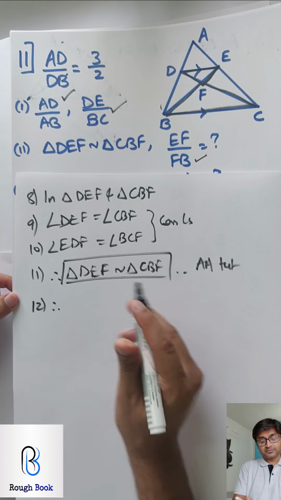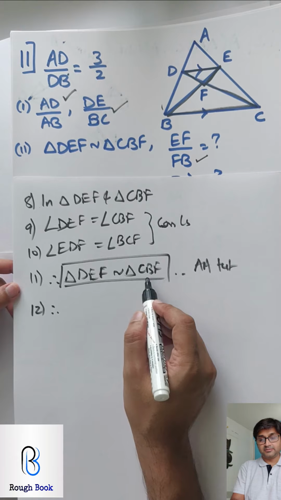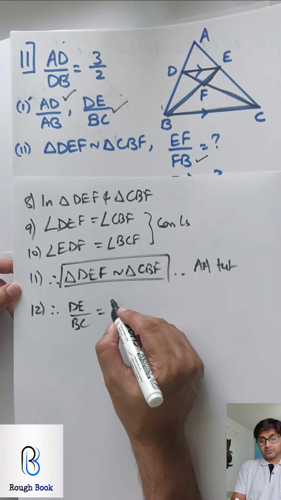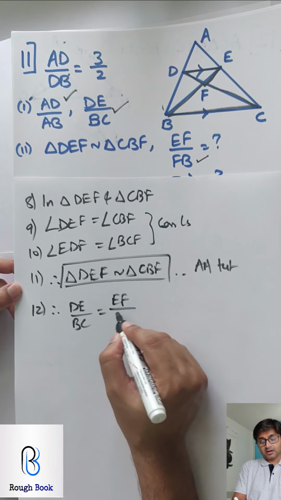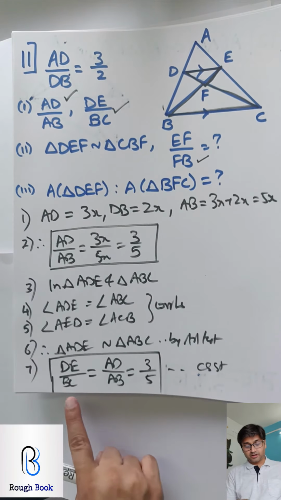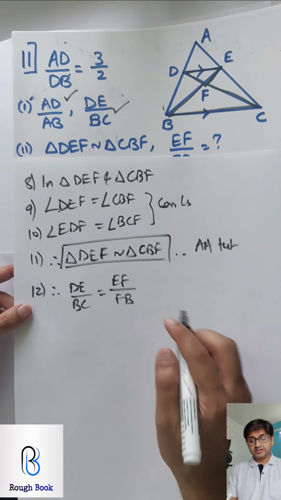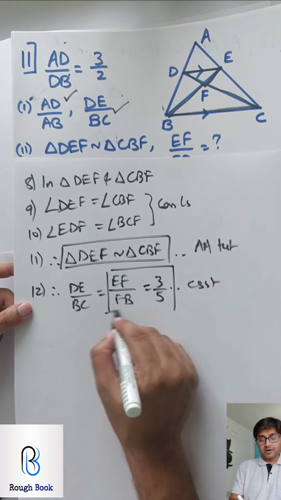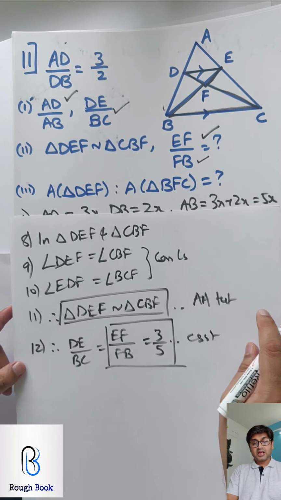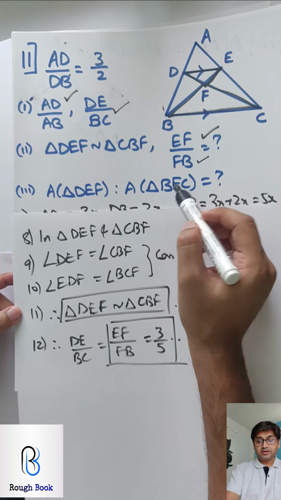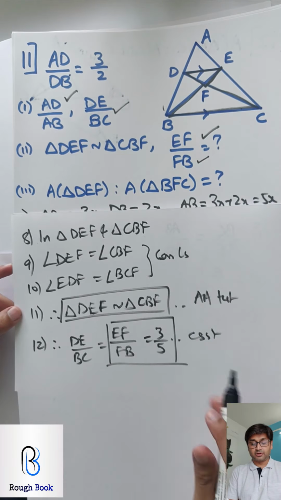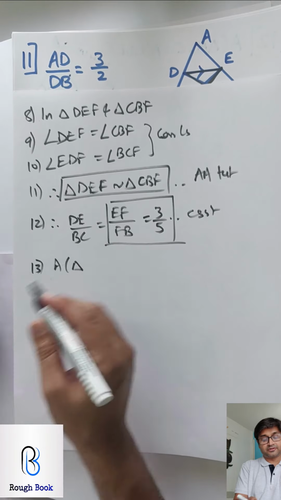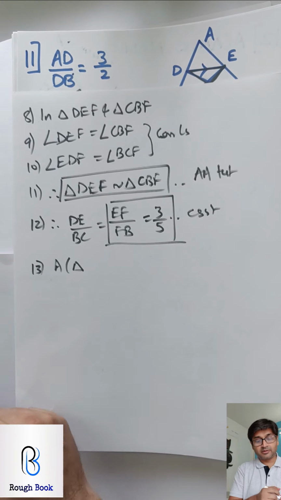So step 12. Therefore, DE upon BC, which you already have, is equal to EF upon FB. See, DE upon BC we already have, so it is equal to 3 upon 5 by CSST, and we mark the next part also. Now last part, DEF ratio BFC. So that's simple. Once you know this, areas of similar triangles. So step 13, area of triangle DEF,